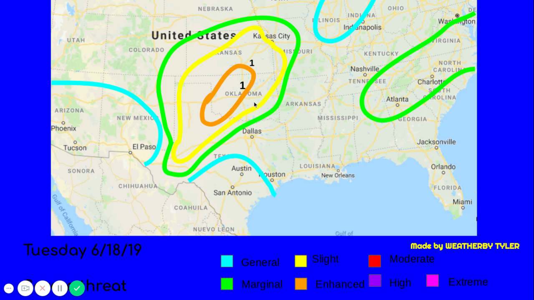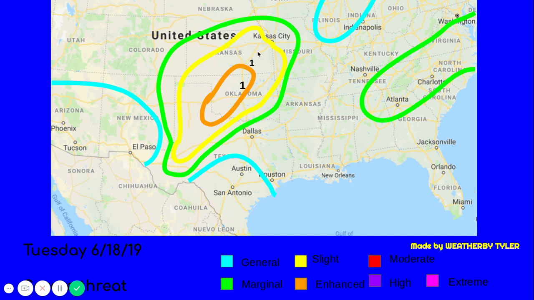And then that goes through central Oklahoma, Tulsa, Broken Arrow. You have a slight risk. Oklahoma City, you're right on the edge of enhanced and slight. But parts of Missouri, like Joplin, you have a slight. Kansas City, south of the city, you have a slight risk. And then parts of even southern Nebraska, slight. A lot of central, southern, and northern Kansas, you have a slight risk. And the Oklahoma Panhandle has a slight risk.